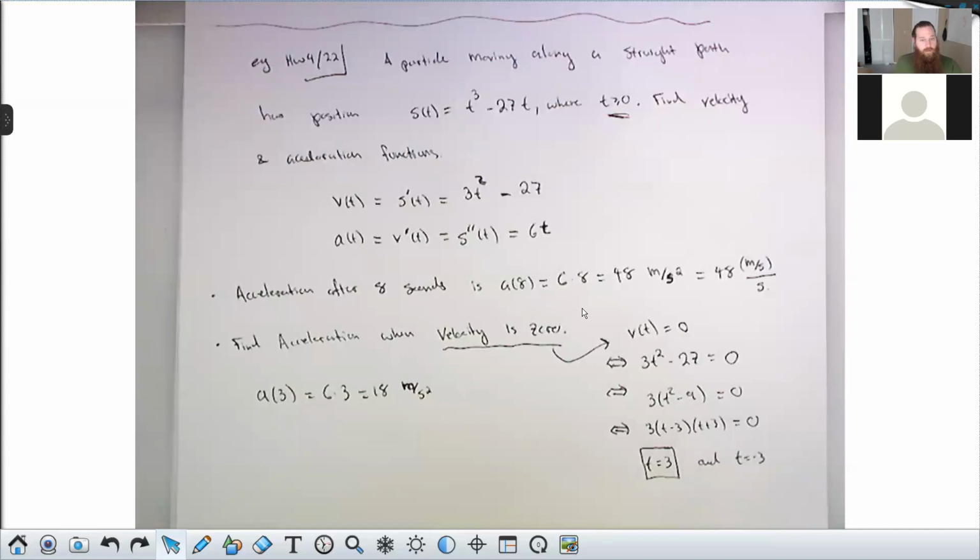Some fun questions to ask here are like, if your acceleration and velocity are both positive, what's happening to your position? If acceleration and velocity are both positive, that means you're going in the positive direction and you're getting faster. What if your velocity is positive, but your acceleration is negative? Well, your velocity is positive, so you're going in the positive direction, but your acceleration is pulling you back. Yeah, so you're slowing down. What if your acceleration and velocity are both negative? Well, then you're going backwards and speeding up. These are all good things to be thinking about.